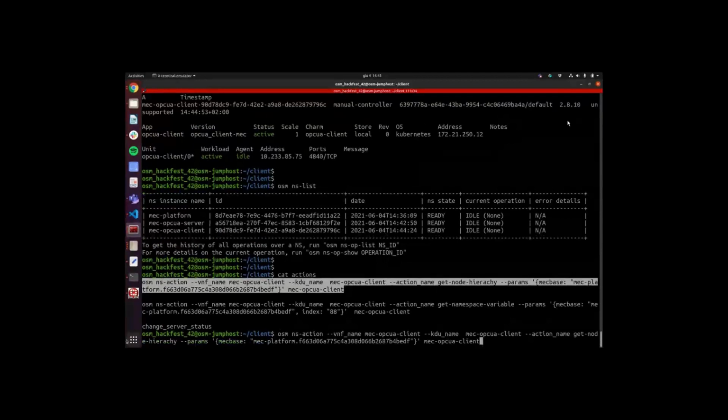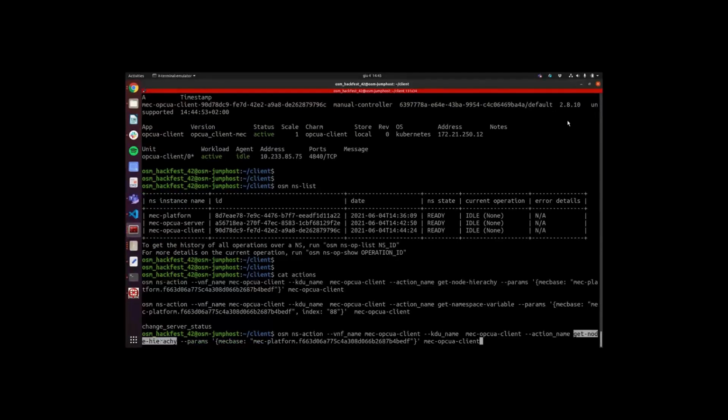This is the action. The name of the action is get node hierarchy. Sorry for the typo in the hierarchy name, but it takes a parameter that is MEC based,